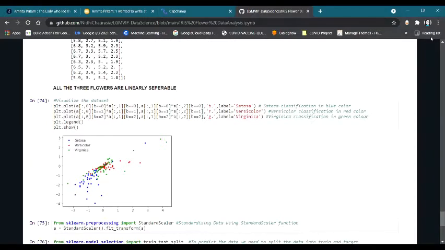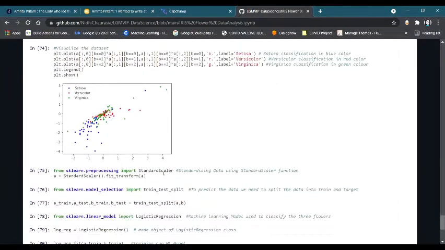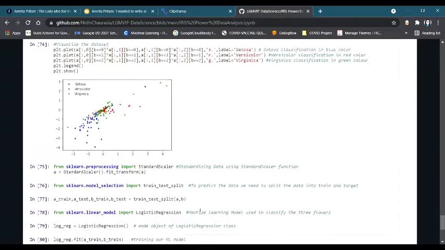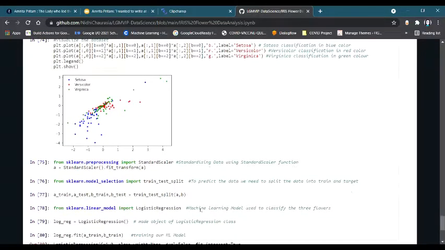You can see here that all the three flowers are linearly separable, and it can be easily seen in the graph, because after that step we would be standardizing the data using the StandardScaler function. To predict the data, we need to split the data into train and target.